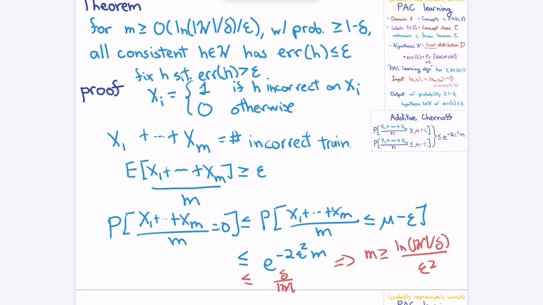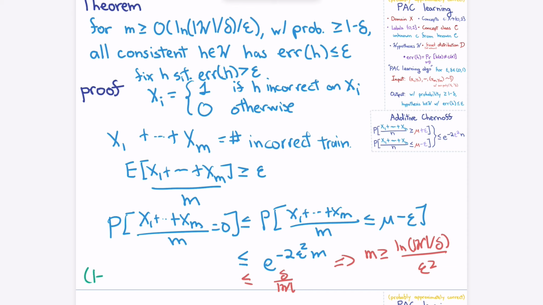They all have to be correct for us to be misled, because this is a consistent learner. So we're asking it to be perfect. So it's more like count min or something, right? We just need one of the samples to point out that it's not perfect, and then we'll be good. Okay? So that looks more like this kind of calculation,